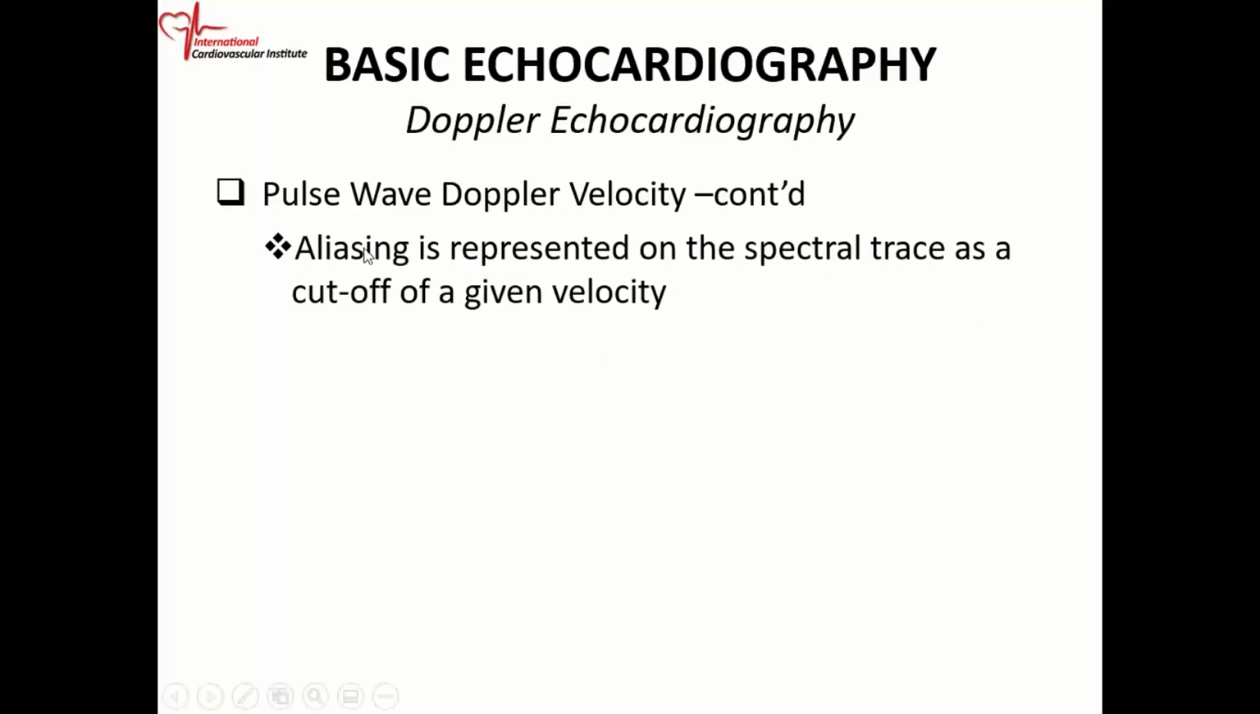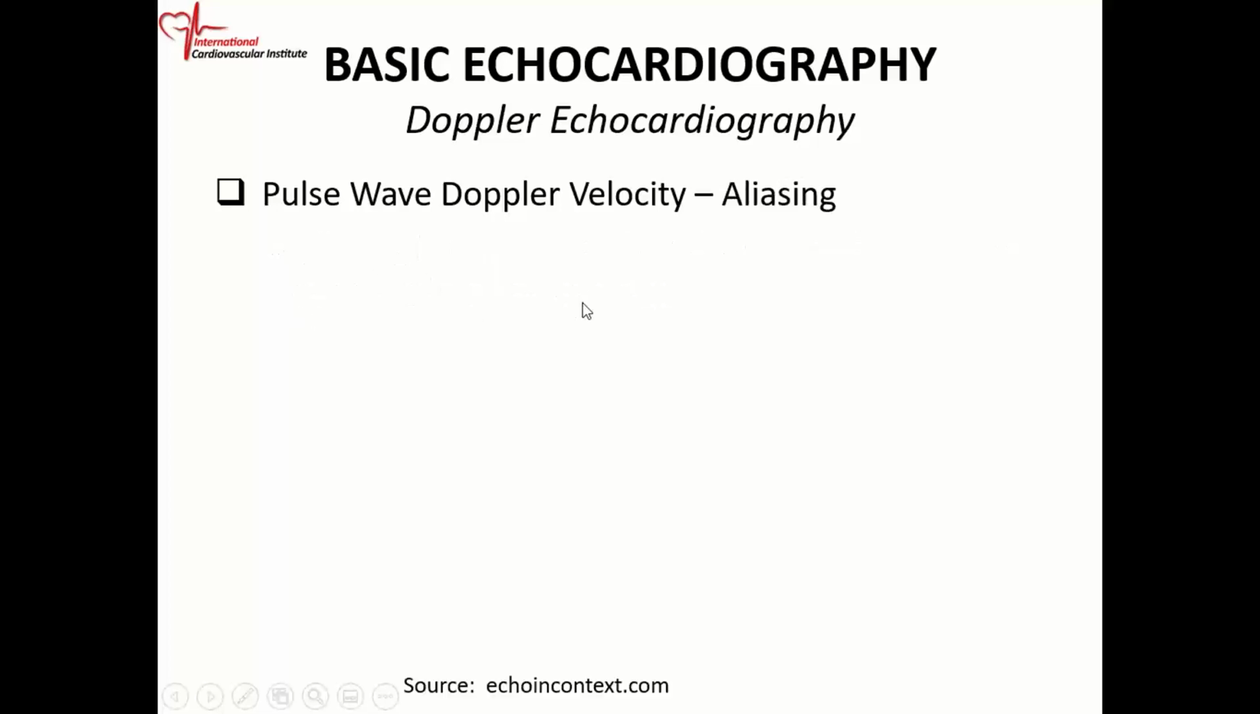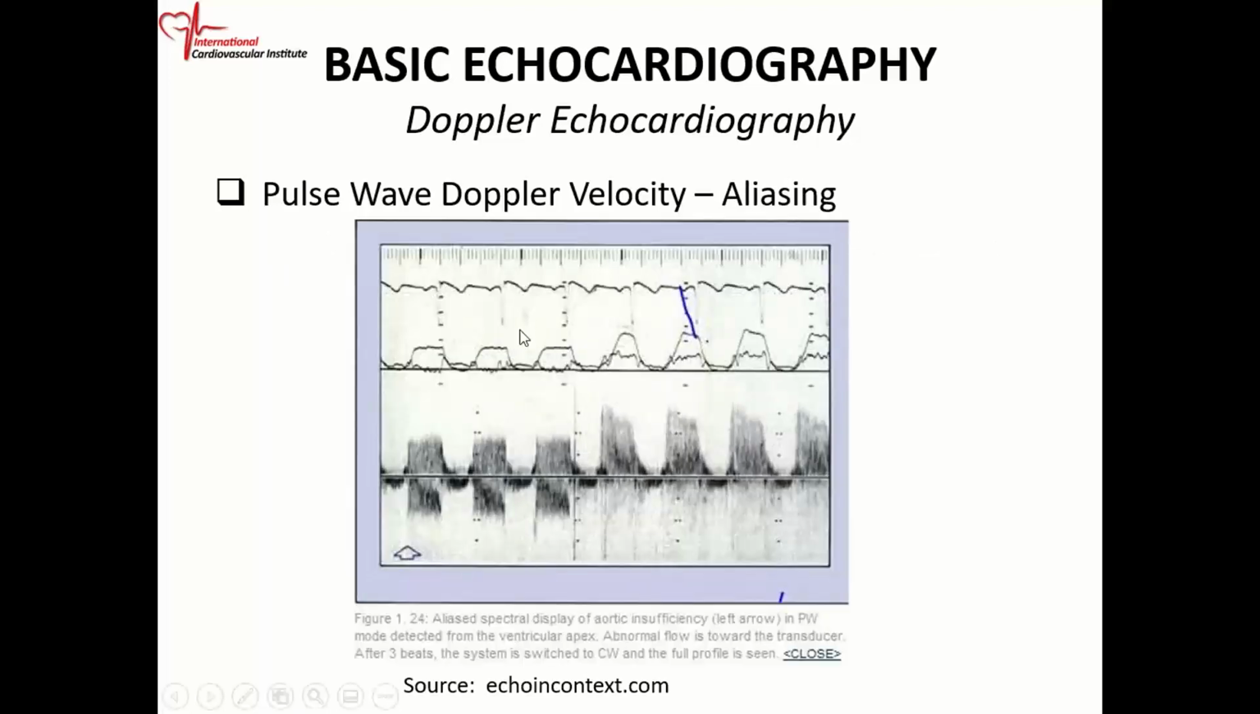Okay, so aliasing is represented on the spectral trace as a cutoff of a given velocity, and this is what is meant by aliasing. So, okay, we're looking at aortic insufficiency, and you may not know what the spectral display of aortic insufficiency looks like, but it's supposed to look like this. It's a diastolic flow, aortic insufficiency, and it has this trapezoid